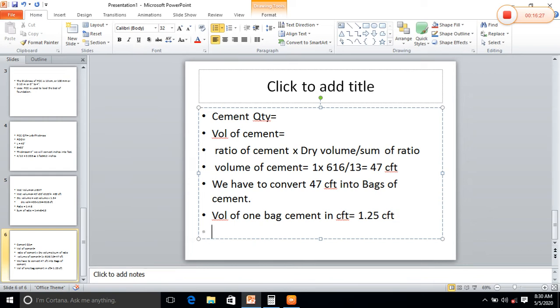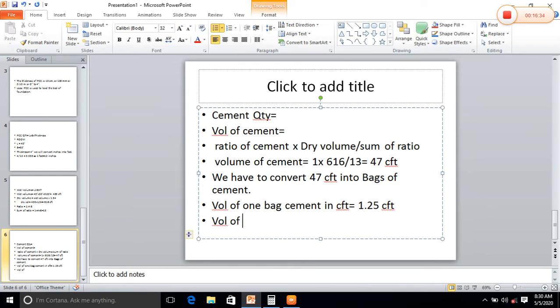And in meters, the volume of one bag of cement in cubic meter is equal to 0.035